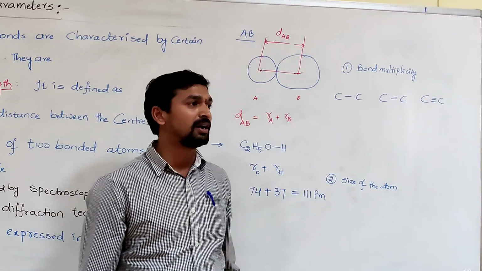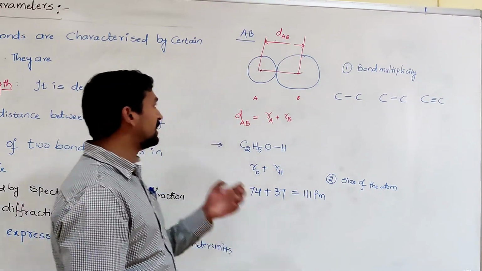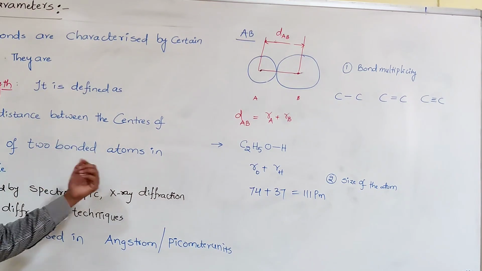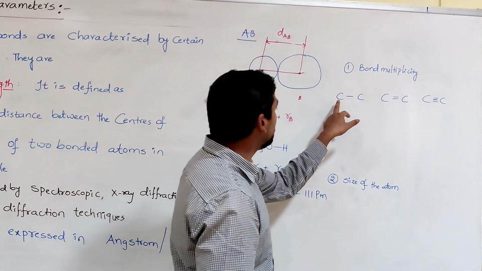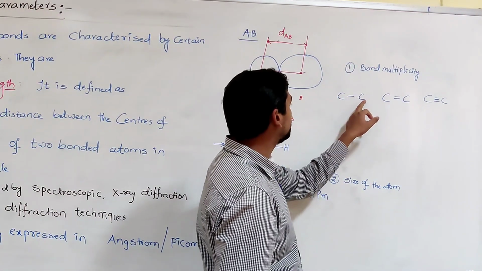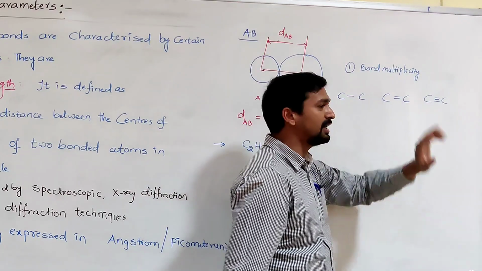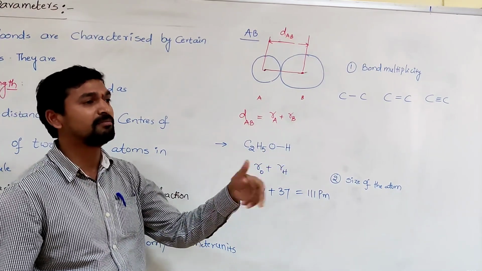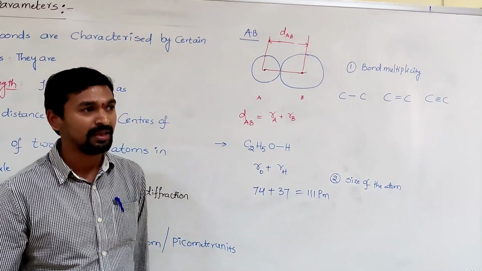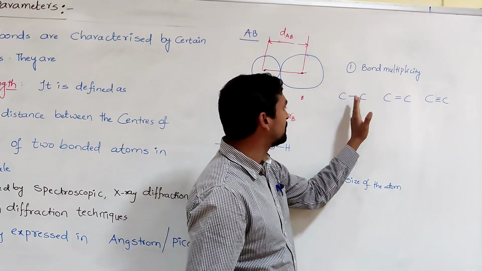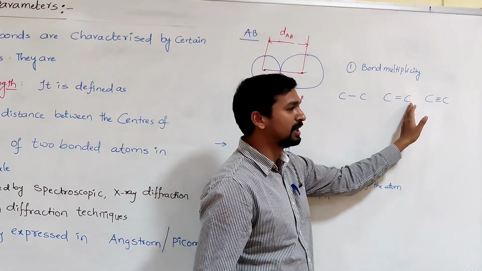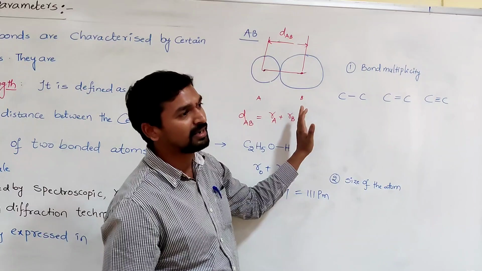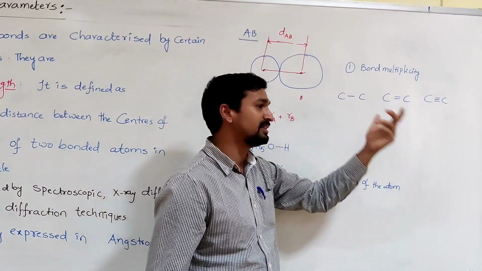Then how can we define the bond length? The bond length is the average distance between the center of the two nuclei of two bonded atoms in a molecule. So when we measure the distance between the centers of the nuclei of two carbon atoms in all three cases, what we expect is the same bond length in all the cases. But the bond length is different from carbon-carbon single bond to carbon-carbon double bond to carbon-carbon triple bond. In all the cases the bond lengths are not the same. The bond length is different from one another.